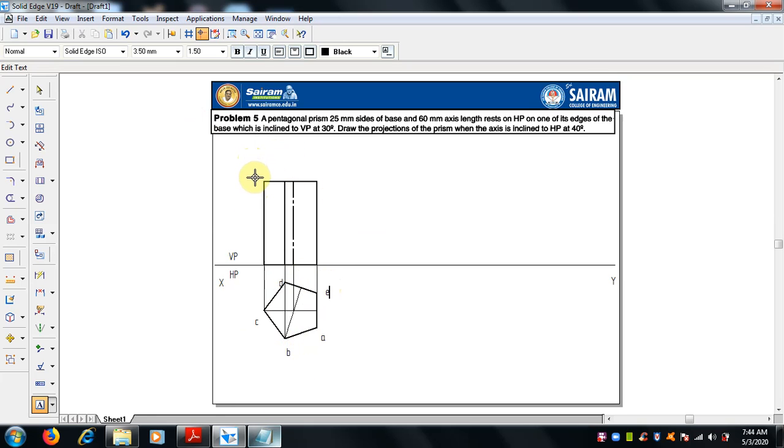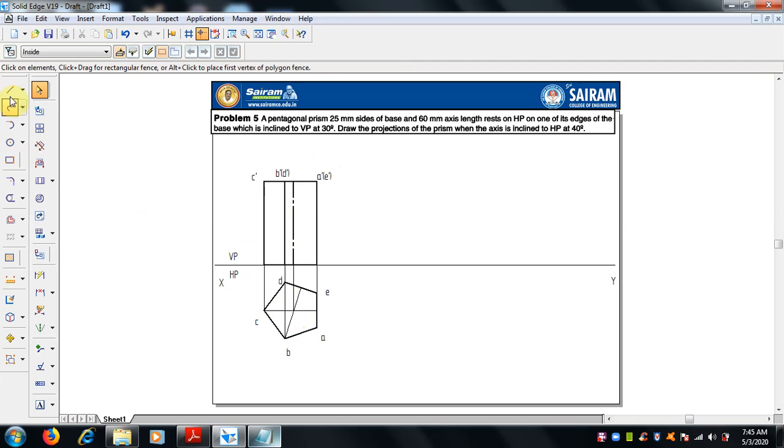So here this is C dash, and this is B dash in bracket D dash, and A dash in bracket E dash. That is, this is visible, this is invisible. So first the top face of the pentagon is over.